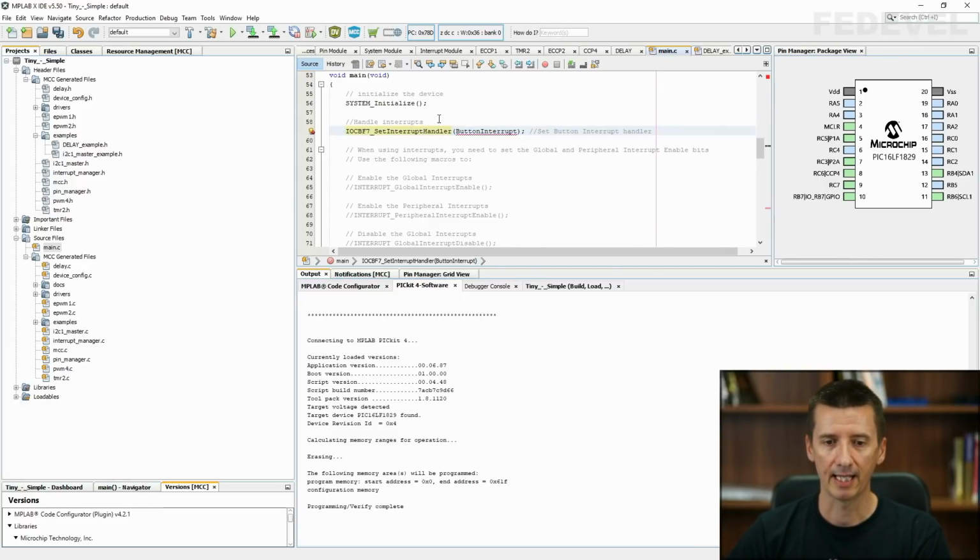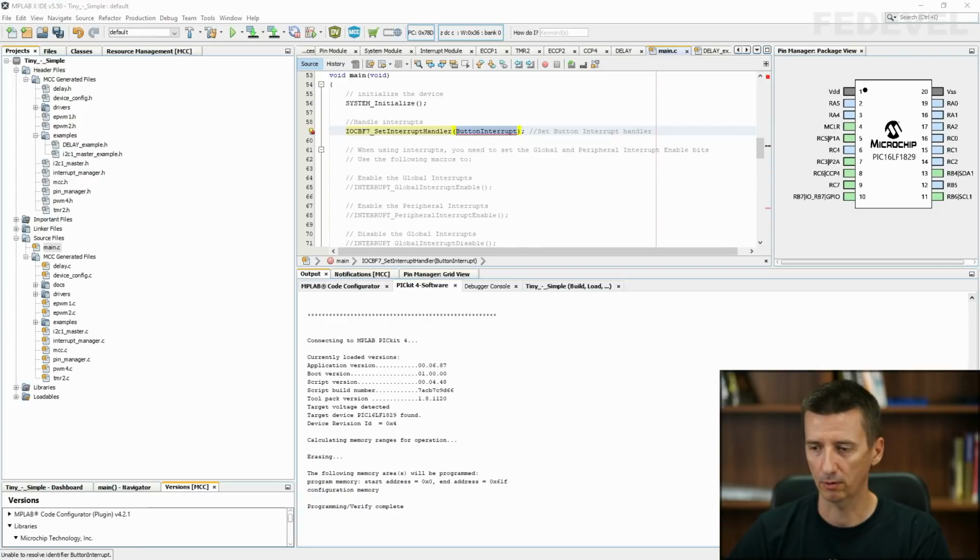Set interrupt handler. So for our GPIO pin, we would like to set an interrupt handler, which will tell our software what function should be called when we press the button. And this is the function that we still need to create.